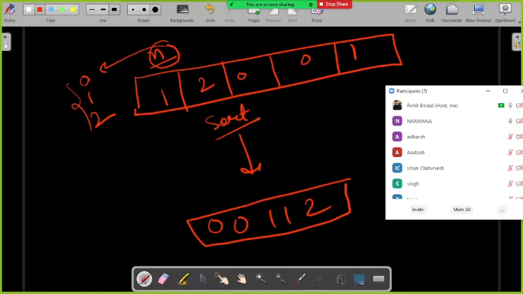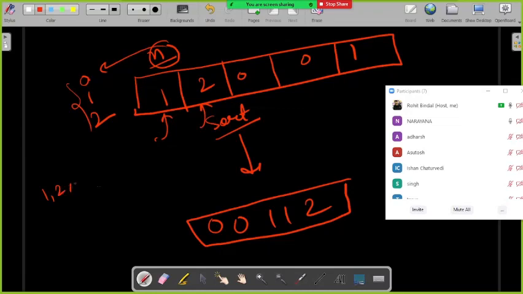By swapping. First we'll take two numbers. Like we can take i and i plus one. If i plus one is greater, we can swap it. You will take two numbers i and i plus 1, right? Yes. And then what will you do? Then we'll swap both if i plus one is greater than i. Okay, and then you will increment i, right? Yes.